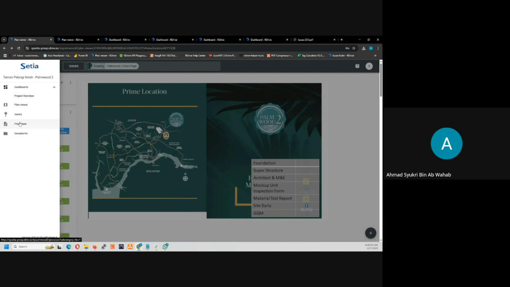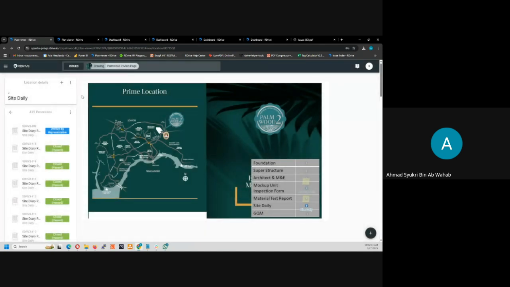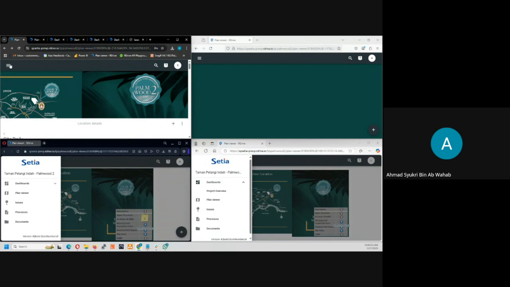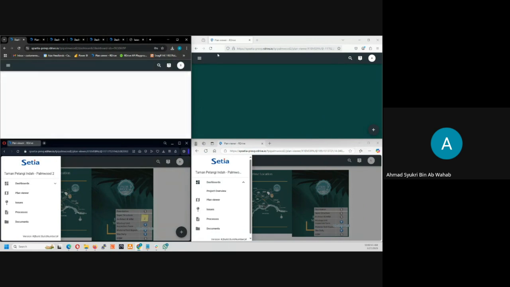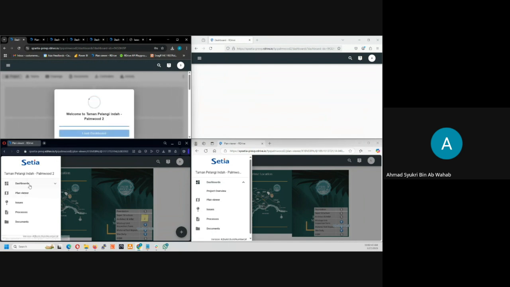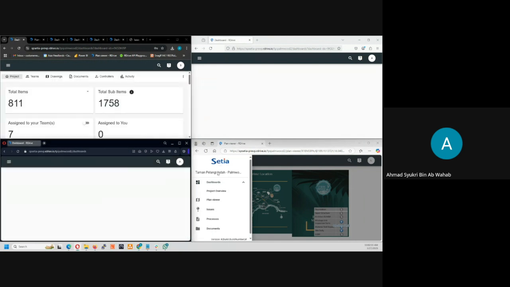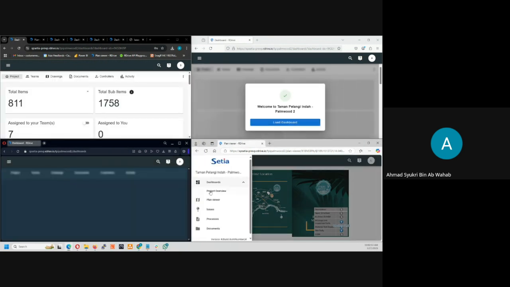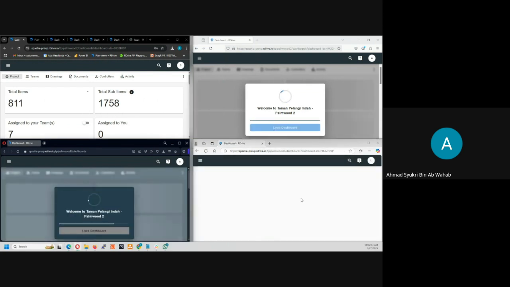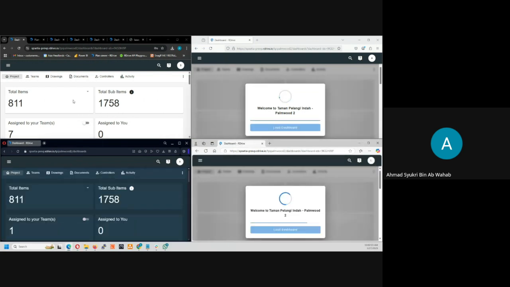Okay, now we're back to the screen. We want to see the difference between the teams. So in this case we can look at the team, and then we go to the project overview. On the project overview, every team can see the whole project overview, and you can see the title,